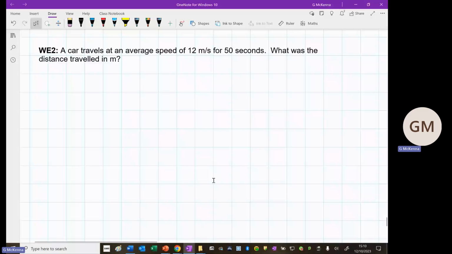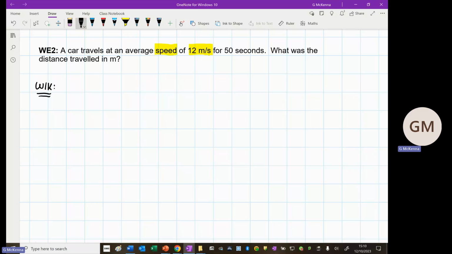Okay, and worked example 2. Similar sort of format, read through the respective questions. So a car travels at an average speed. So we're told here explicitly that it's speed we're dealing with, and you can see that it's 12 meters per second. So again, if I come along the left hand side here, just WIK, and as per the first video,